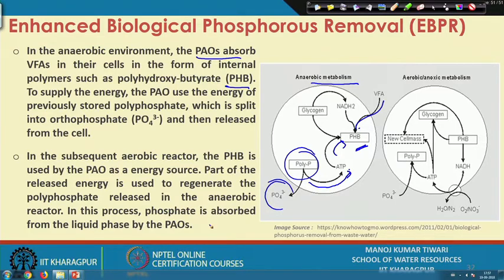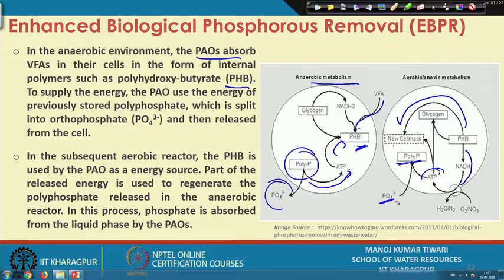Then when we move to the sequential aerobic system, these PHBs, which are assimilated VFAs, are used to form new cells and to generate energy to fulfill the energy requirement as well. So, through NADH they produce ATP and they produce new cell mass as well. Okay. So, part of this released energy is again utilized to regenerate the polyphosphate in the cell,